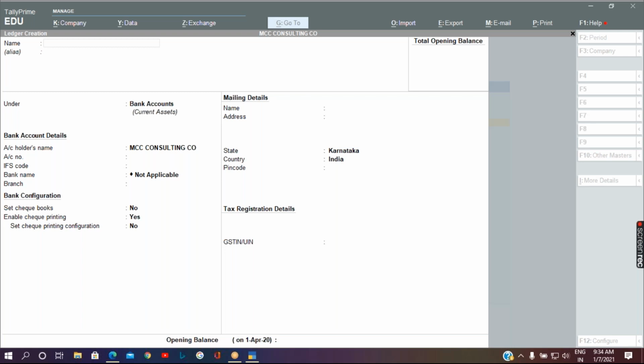Then have a look at the transaction once again and let me know. Chandana and Shobika, also have a look at the transaction and let me know.